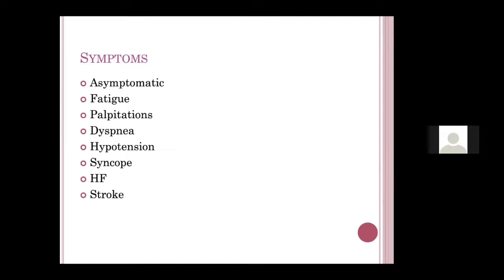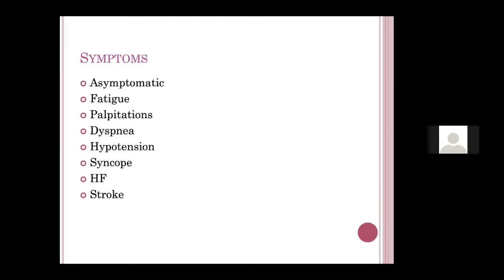Then they can also present with palpitations, and most of the time they describe these as irregular palpitations. In patients who have LV dysfunction, aortic stenosis, hypertension, or HCM, if AF is there, as I told you, they may have a higher tendency to go for pulmonary edema, and they may present with dyspnea because of the high ventricular rate and the low cardiac output. Patients may present with syncope and hypotension, and they can present with heart failure either because of increased pulmonary wedge pressure, or because of tachycardia.